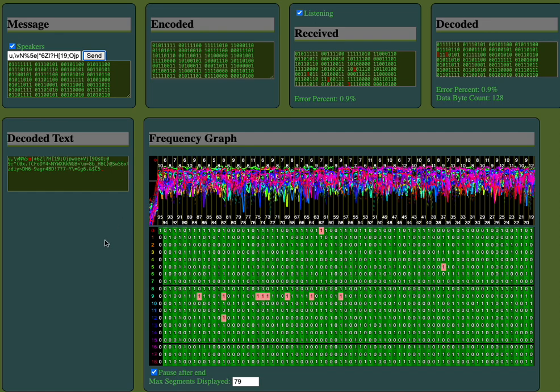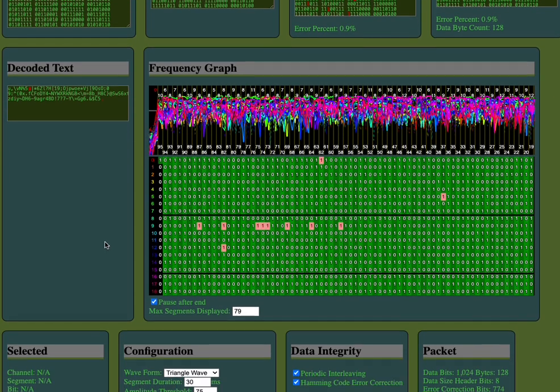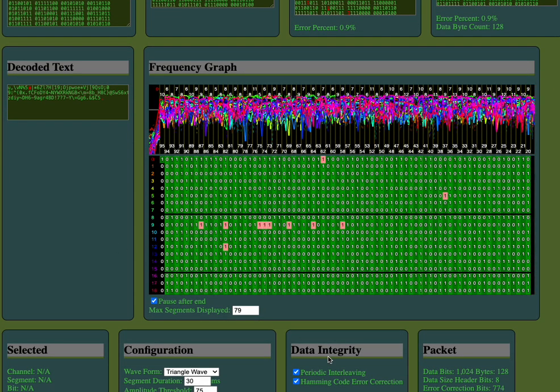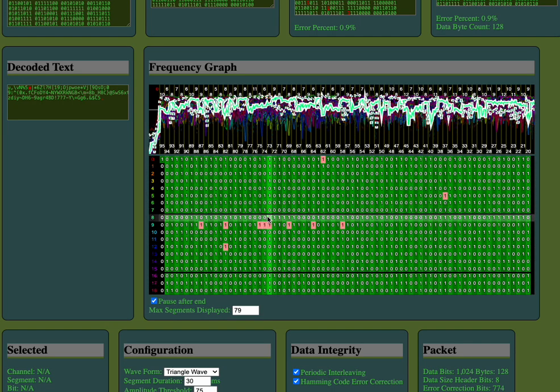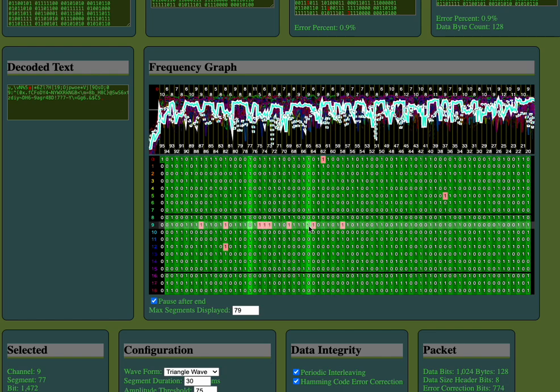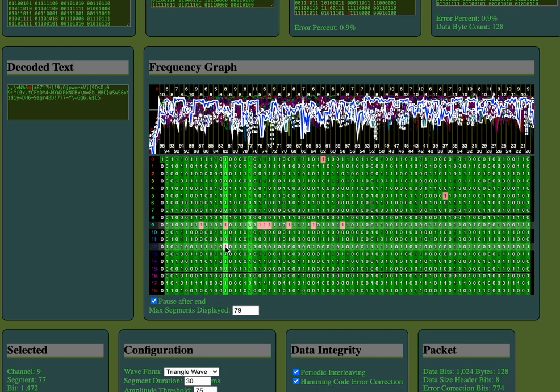What we have today is periodic interleaving. So I added this little checkbox here, and basically, what this does is it scatters your bits across the different channels. Usually I'll have one channel that's pretty bad, like you'll see channel number 9 has a lot of problems. It's not that bad if one channel has problems, but since I have a bit here that's within the